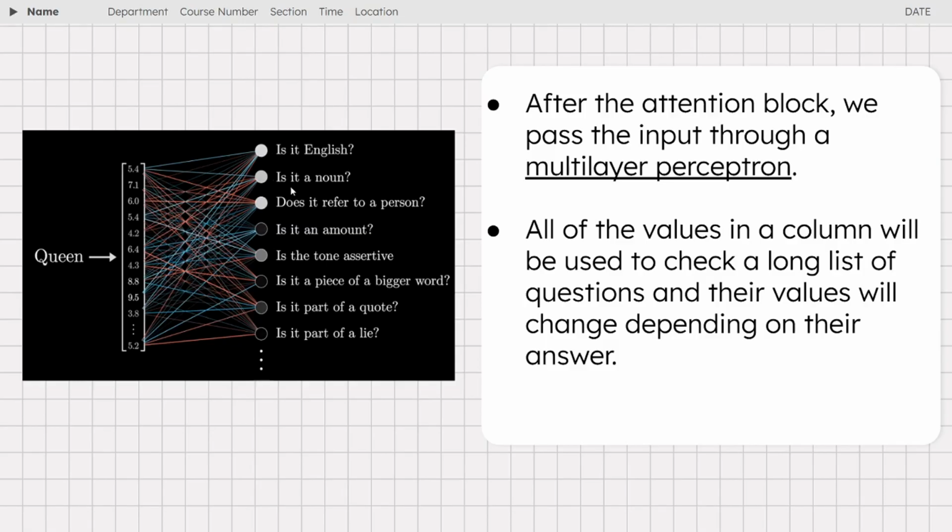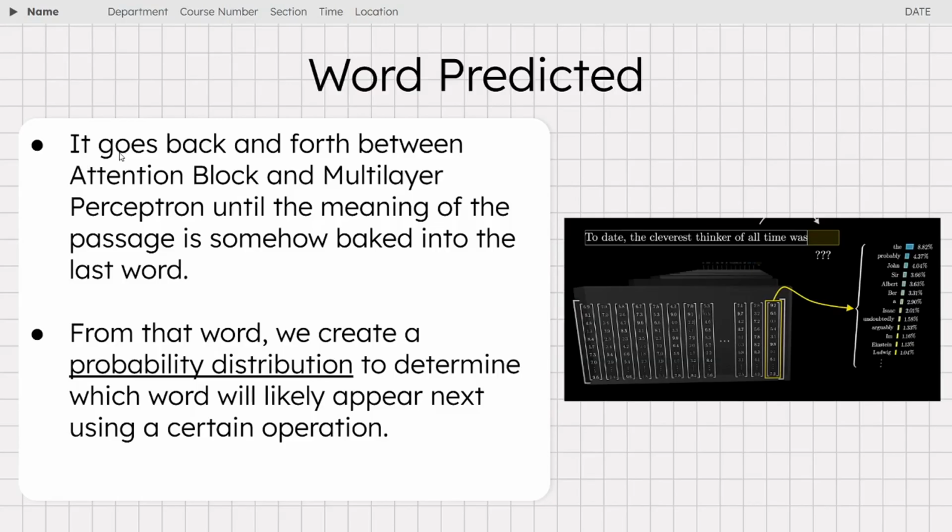Is it English? Yes. Is it a noun? Yes. Does it refer to a person? Maybe. Is it an amount? No. So it's not activated. All of the values that represent the word queen are what we use to answer the question. If the answer is wrong, the values will change so that it will activate. And afterwards it goes back and forth between the attention block